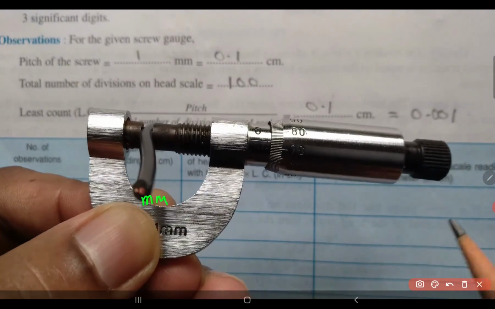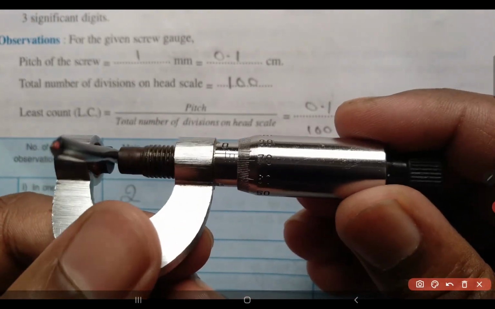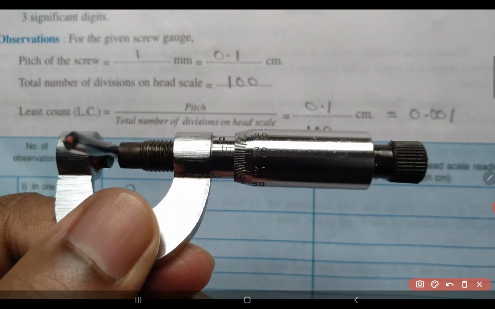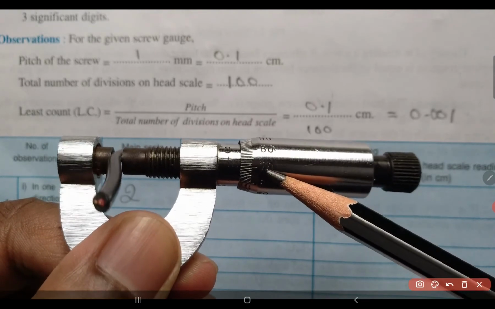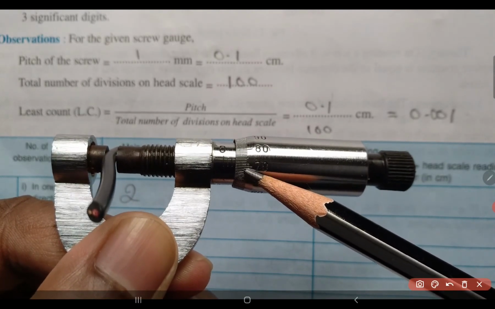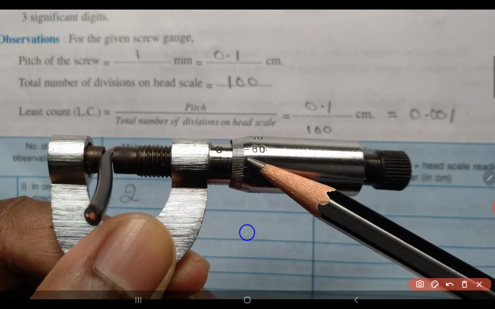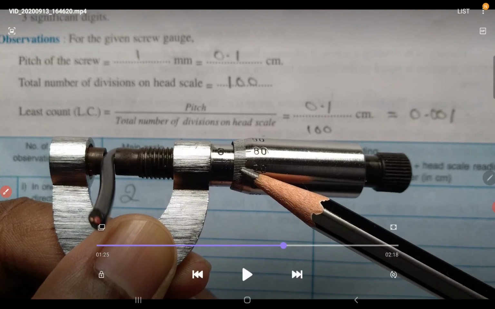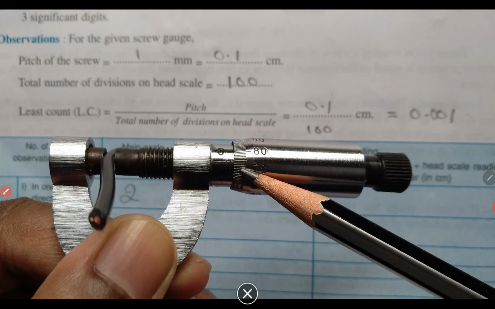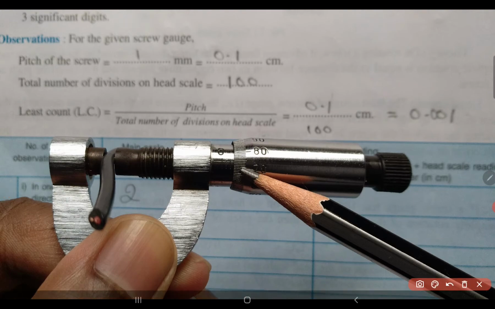Then my next job is to find the vernier reading or the circular reading, okay. The circular reading will be here. So if I can count, this particular baseline is matching with the 74. So I am trying to pause the video, okay, here. After pausing the video, here you can see the baseline is matching with this 74 mark here, right. So therefore my circular scale will be 74.